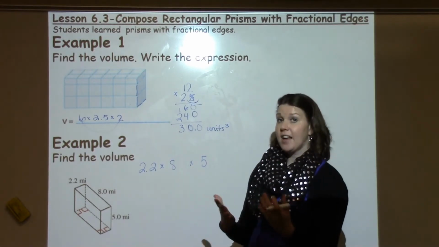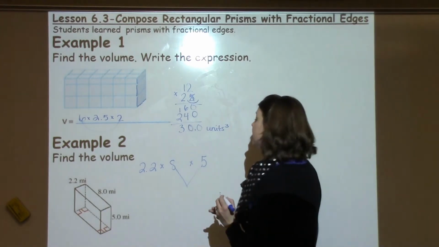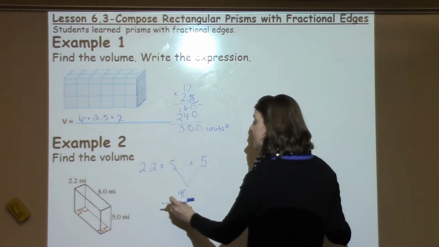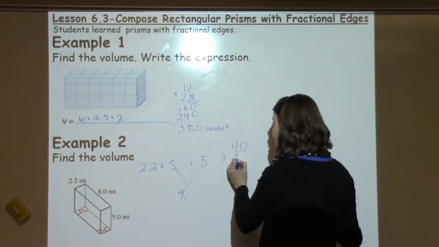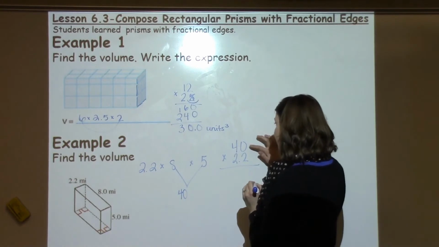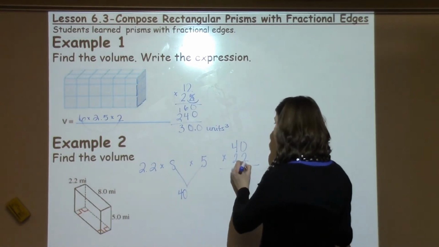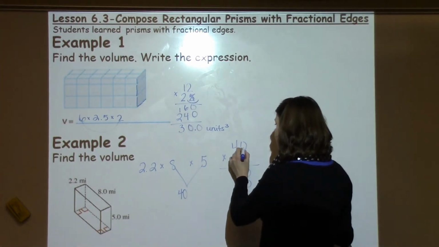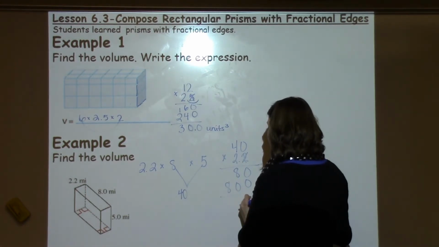So again, I'm going to look for facts that I know that makes it faster for me. I know 5 times 8 as whole numbers is 40. So what I'm going to do is I'm going to take my 40 times my 2 and 2/10. When I take 40 times 2 and 2/10, I'm just going to simply solve using the traditional algorithm. 0 times 2 is 0, 4 times 2 is 8. Put my 0 down. 0 times 2 is 0. 4 times 2 is 8. When I add these together, I get